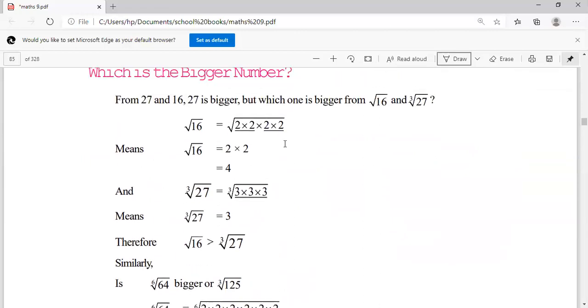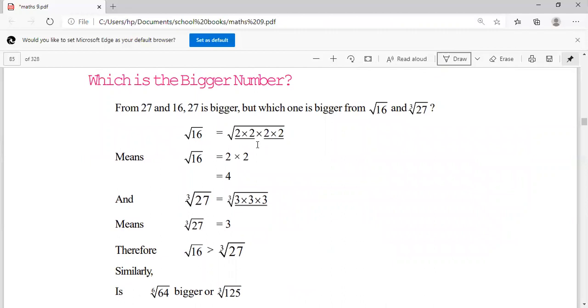अब यहाँ पर देखते हैं, आई वांट टू टेल यू, स्क्वायर रूट अगर लिखा है, जैसे यहाँ पर अंडर रूट 16 लिखा हुआ है, ओके, सो अंडर रूट 16 को हम लोग क्या लिख सकते हैं, अंडर रूट 2 इंटू 2 इंटू 2 इंटू 2। ओके, सो यू हैव टू मेक द पेयर हियर। तो यू विल गेट द पेयर ऑफ दिस 2 एंड दिस 2। 2 इंटू 2 एंड 2 इंटू 2 का 2 पेयर बनेगा, तो क्या होता है 2 का स्क्वायर होल पावर अंडर रूट 2 को हम लोग क्या लिखते हैं 2 इंटू 2।